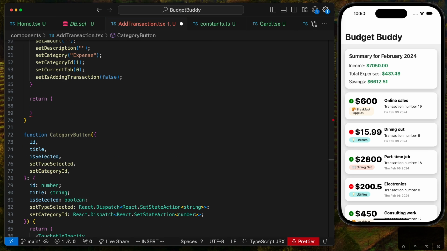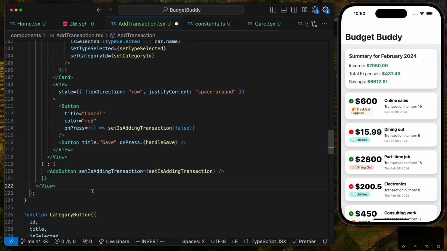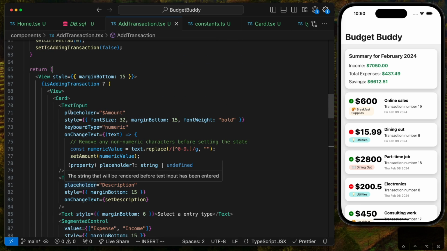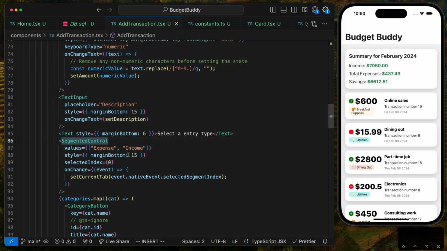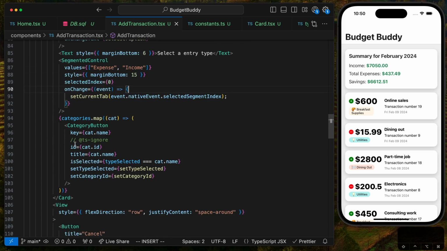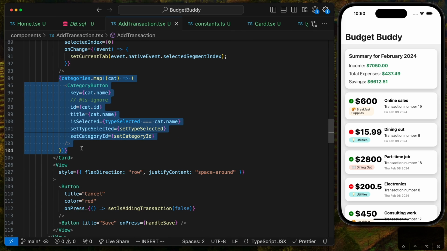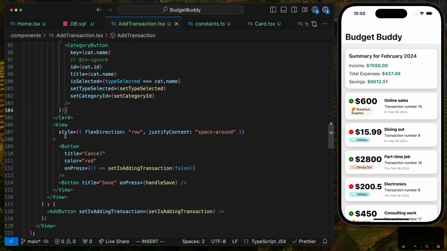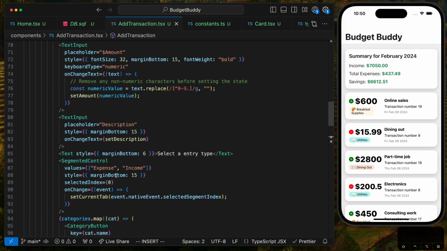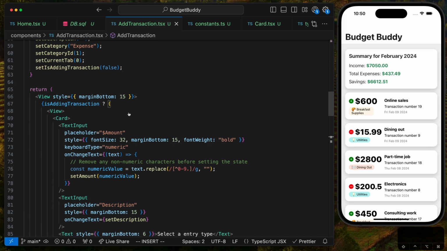And finally, we can simply use these components in this view. So let me create this view quickly here and paste it here. We can use this. Let me save this. We can use these components along with the text input and then segmented control. We are going to map over categories. And yeah, then we have this button to cancel. So let's just use this component and then let's go back here so that we can really understand what's happening